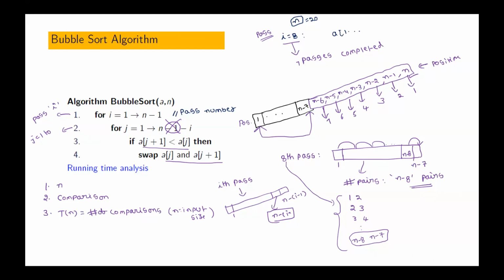It depends only on n. Every time we compare successive elements. If they are out of order, we swap them. That's all, no? We are forced to compare, no? That means it depends only on